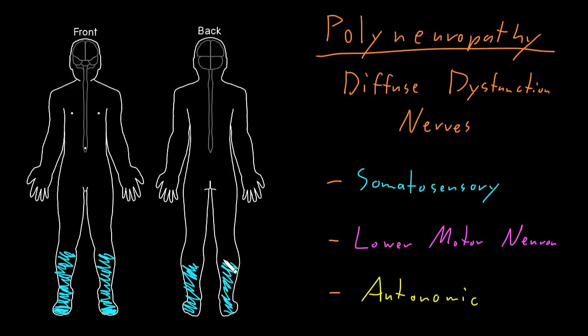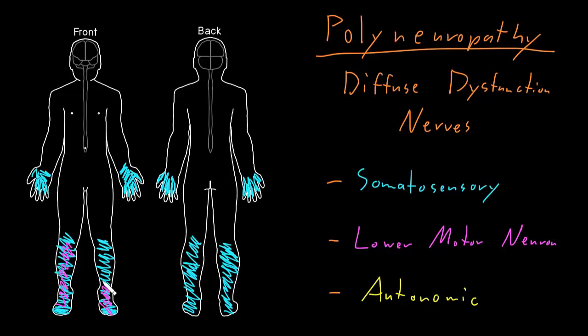And then once a person becomes severe enough that these abnormalities get up past the knees, let me just draw these going up past the knees, then the hands also often start becoming involved. First the fingers, and then it'll start working its way up the hands. And it can work its way even farther up the legs and up the arms. And I'll just draw this on the back side of the hands as well, because it's not going to be just the front side. It's going to be all the way around the hands, just like it's all the way around the legs. And then let me also draw in some magenta stuff here for the lower motor neuron abnormalities